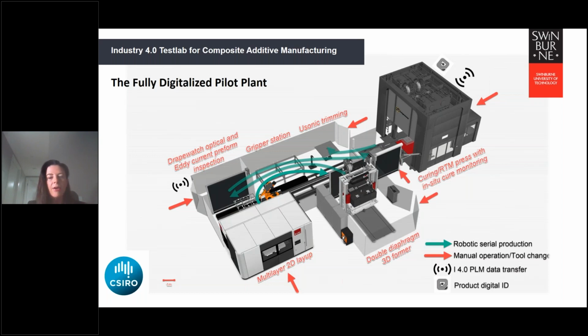Some of the reasons that we're seeing that high demand is the capabilities of the multi-layer process to make those hybrid materials that Albert showed you, so that you can have a carbon fibre where you need structural reinforcement and glass fibre where you need to reduce cost in your particular component. One of the most exciting moments that I've had was when I visited Phil late last year in Girton in Austria, and one of our Swinburne PhD students, who happens to be based in Ulm, had sent code to the multi-layer process to print a carbon part, and it was printed in front of me, and that was a really exciting moment for me.